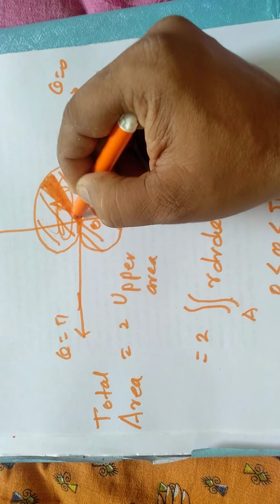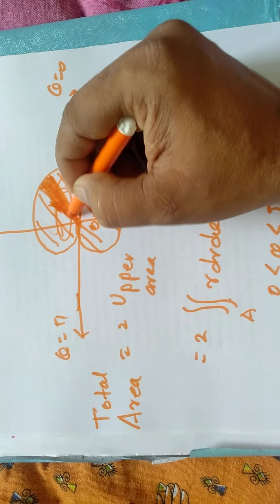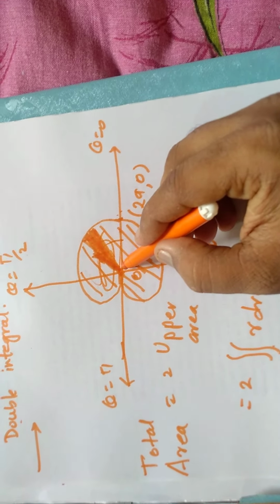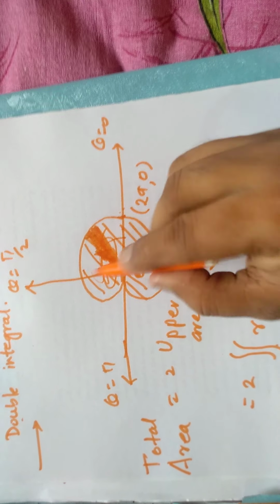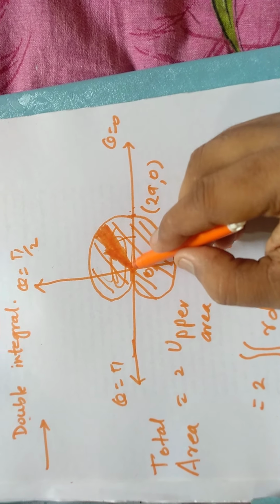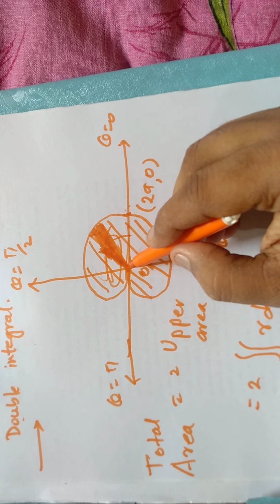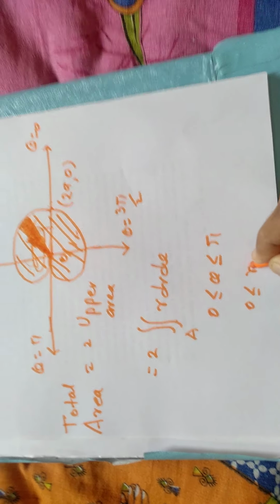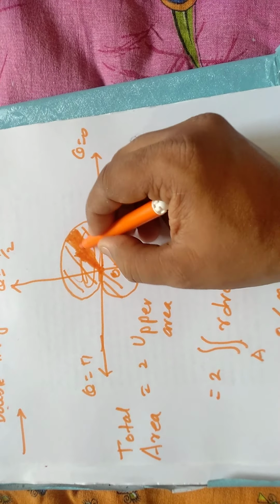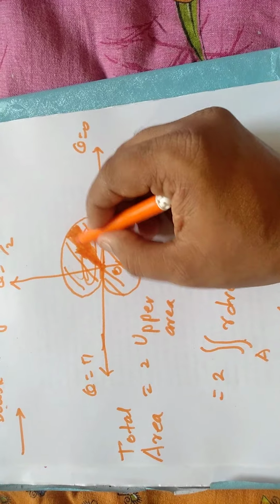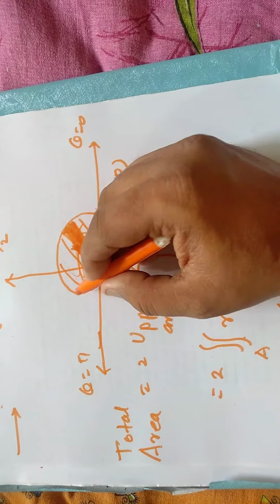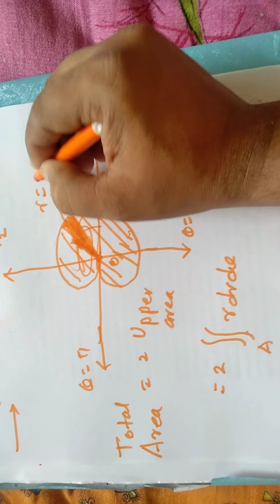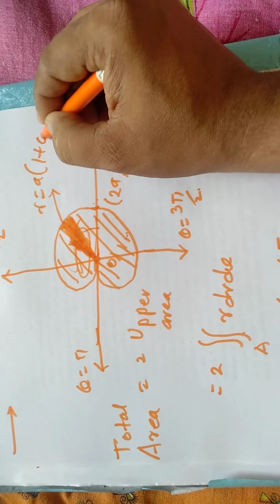Draw the radius vector strip starting from the pole. This is your radius vector strip. Now this strip starts from the pole point and should end at the curve which bounds that area. Correct? So the lower value of this strip is 0 for the pole point. So the lower limit for r is 0, that is at the pole, and the upper limit you will get from where the strip touches at the upper end. It touches the curve, and for that curve the value of the radius is a into 1 plus cos theta.